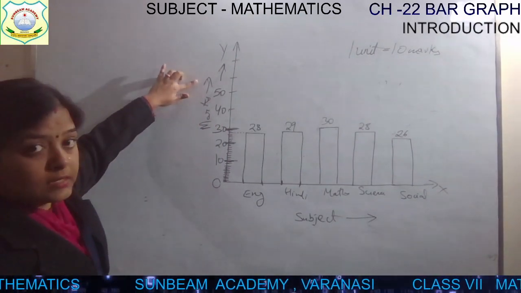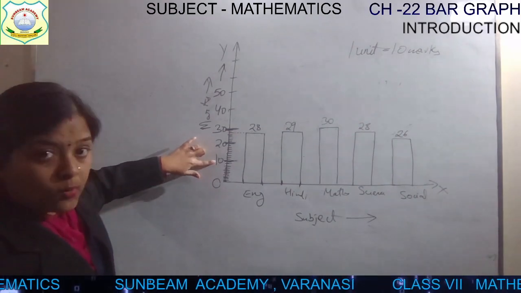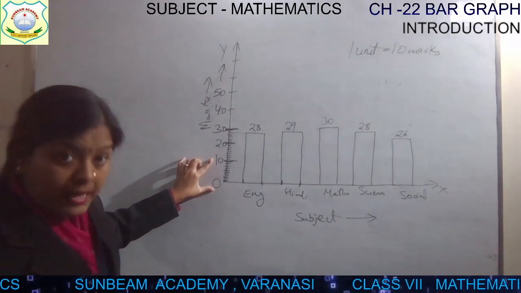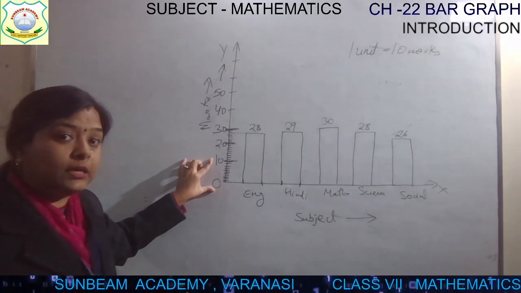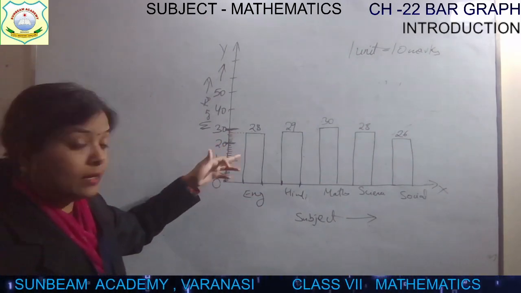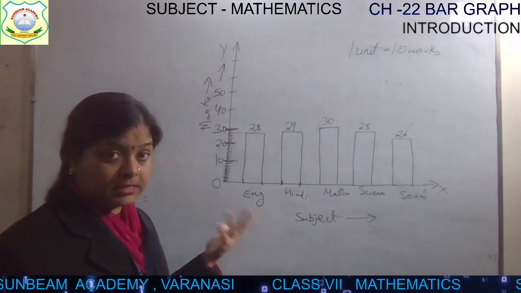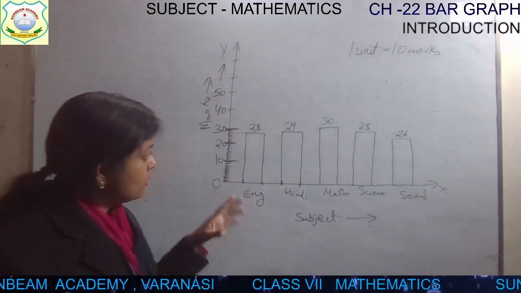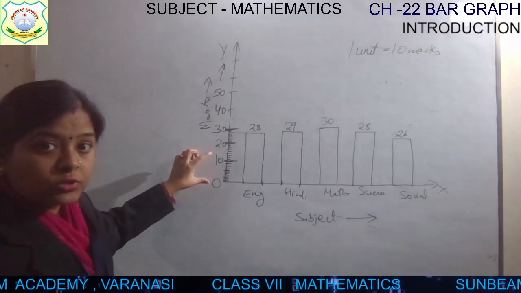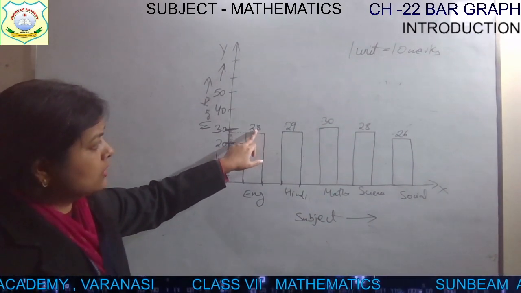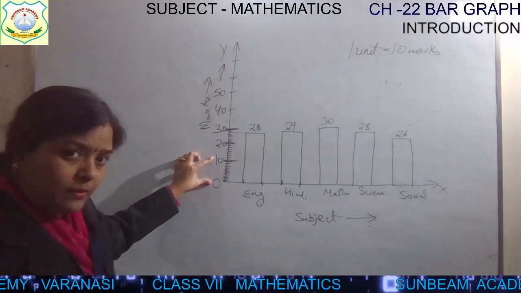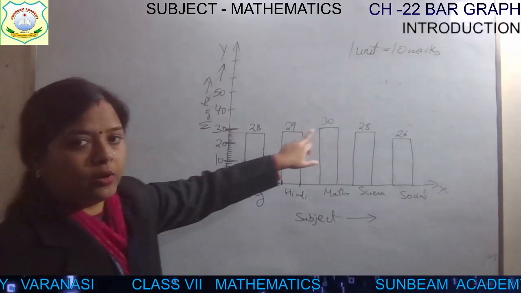It is marks. What is this? Marks. First, the big division, I have chosen as 10. You can choose it as 20 also, but then your data will become very clumsy, and whether you are able to write it or design it or not, that is also a question mark. So you have to see the data, and according to that you have to decide the 1 unit value. So 1 unit value I can plot. If 1 unit value is 10, it means each small division is having 1 mark. So I can plot it.